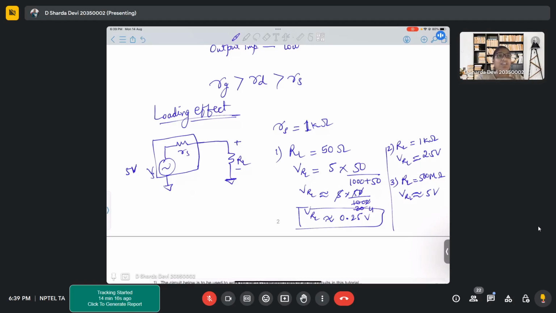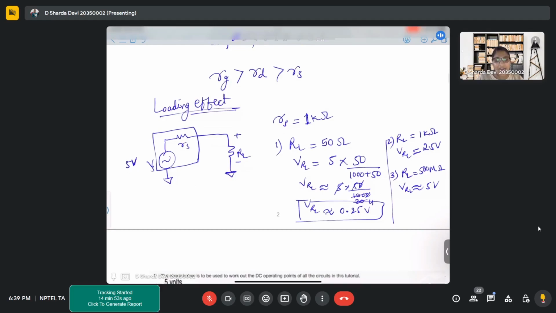what we are concerned about is this: we should make sure that we can get the maximum from our source or from our circuit in our output, rather than it being consumed by the circuit or the source itself. That is the idea behind loading effect or impedance matching. That's why whenever we talk about circuits or sources, we always talk about the impedances, because impedances play a very key role. Now, if you look at this particular example of loading effect,